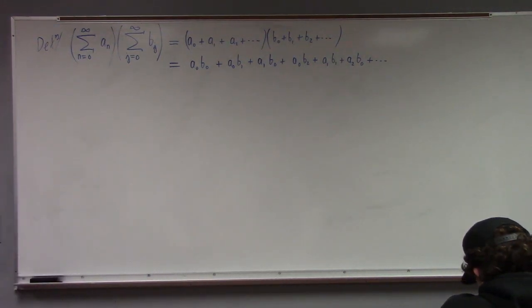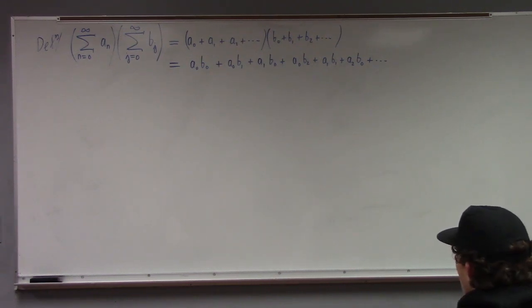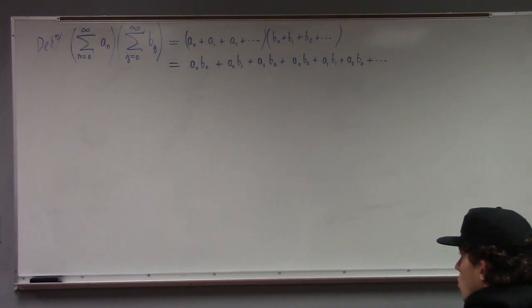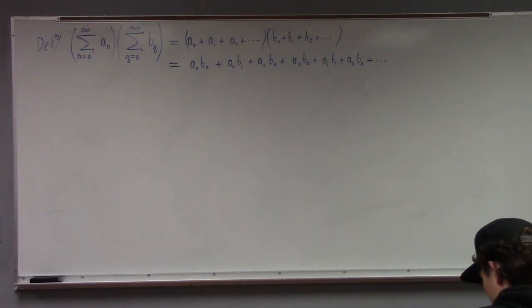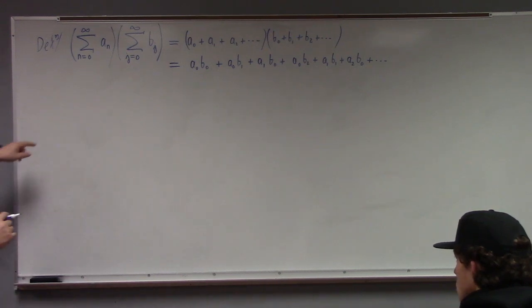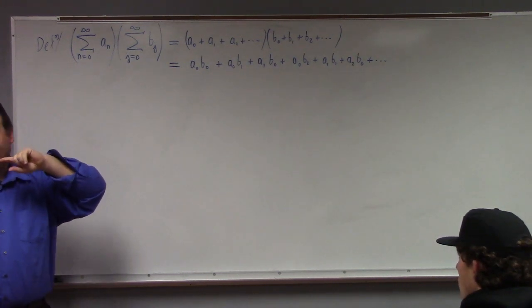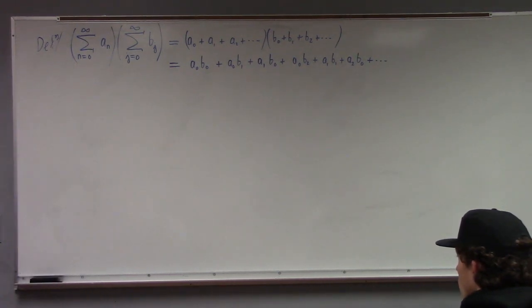Does the order of the series for the multiplication matter? Yes, it does. In fact, this wouldn't be unambiguous. The convergence of the series matters. For this to be well-defined, I need that at least one of these series is absolutely convergent. It turns out that if one of these series is absolutely convergent, then what I'm writing down has meaning. If they're both conditionally convergent, though, if you wrote it differently, it would give you a different answer.